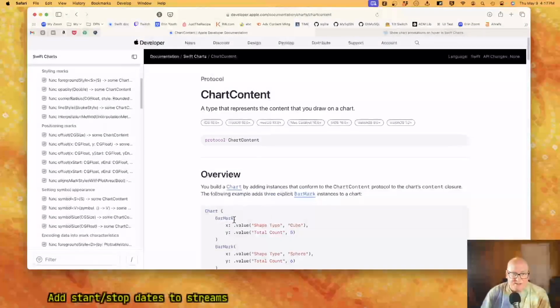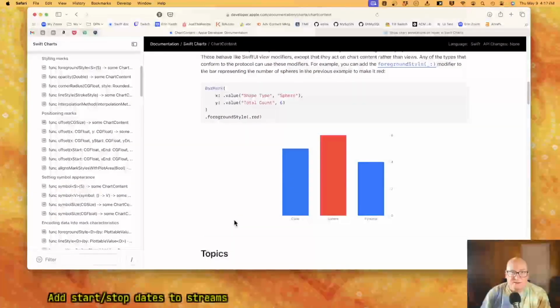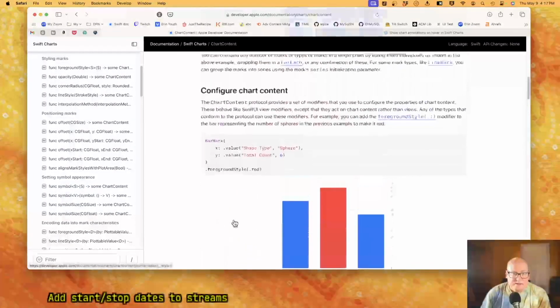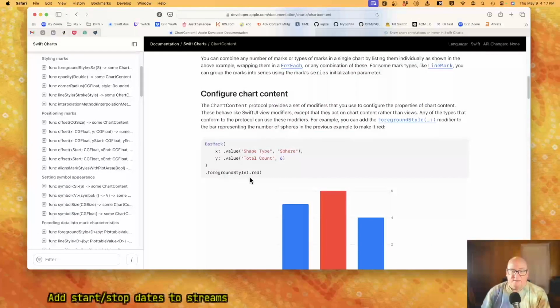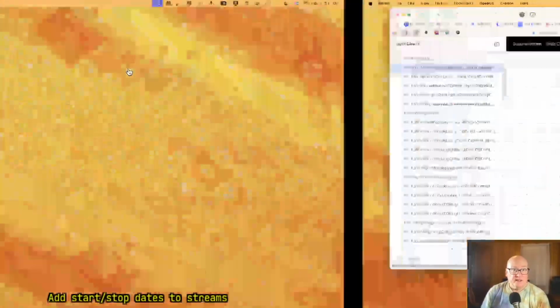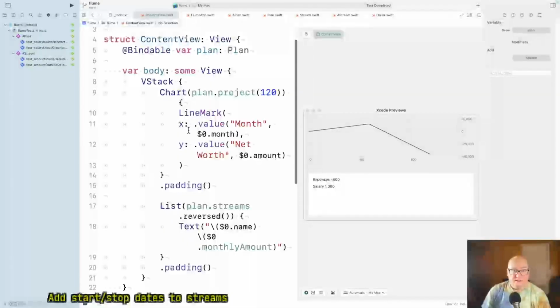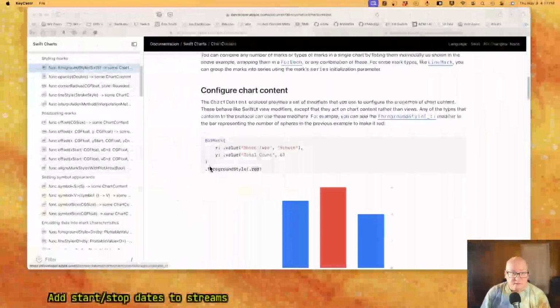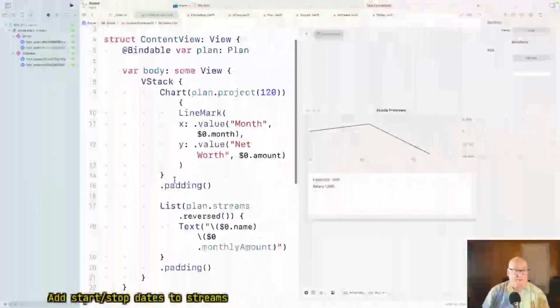Conforms to chart content. Okay, let's hope that has some annotation. Oh, foreground style. Well, let's try that. Line mark. Where do they put that bar mark after the mark? Okay.